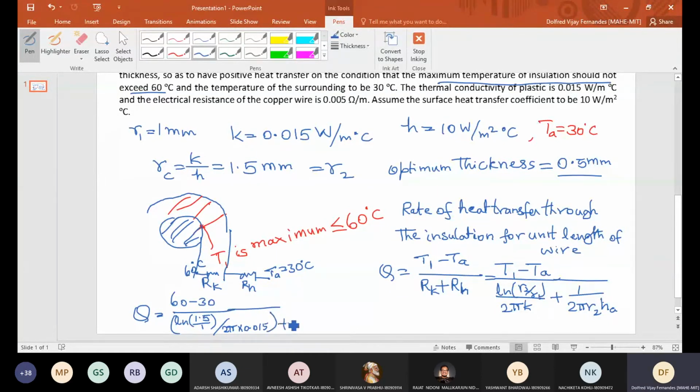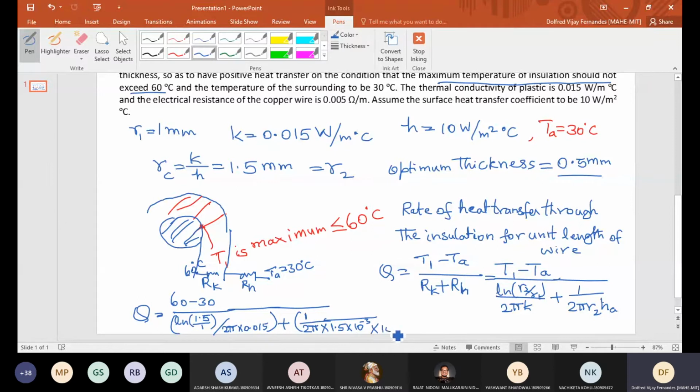That is RK plus RH, 1 divided by 2 pi R2, that is 1.5 into 10 power minus 3 into HA,